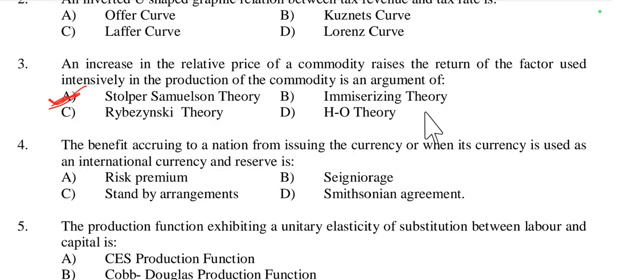This refers to the concept that under certain conditions economic growth can result in a country being worse off due to terms of trade deterioration. Then the Rybczynski theorem explains the effect of a change in the endowments of one factor on output, holding commodity prices constant. Then another is the Heckscher-Ohlin theory. Heckscher-Ohlin explains that countries export goods that use their abundant factors intensively and import goods that use their scarce factors. So these are the different concepts. So option A is right here.